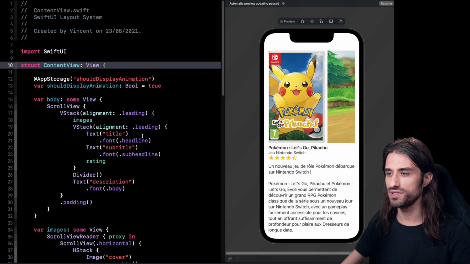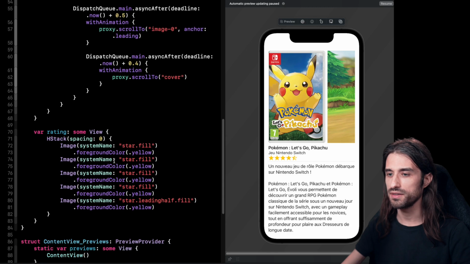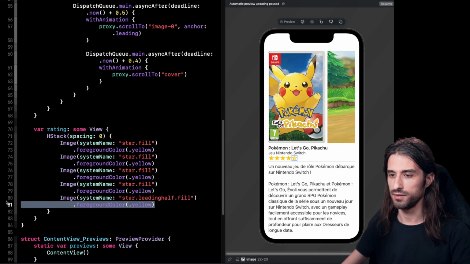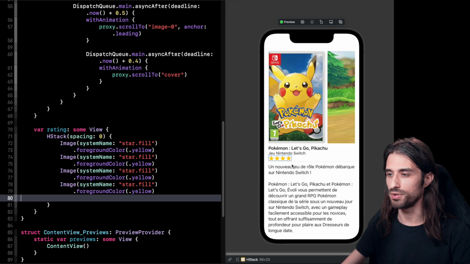What I'm going to do is come back to my content view and change the display right here. Basically, I'm going to remove the last star that is displayed. So that one right here. I'm going to scroll to find where this is implemented. So it's implemented right here. And I'm going to basically just remove the code for this little view. As we can see in the preview, the image has indeed been deleted.